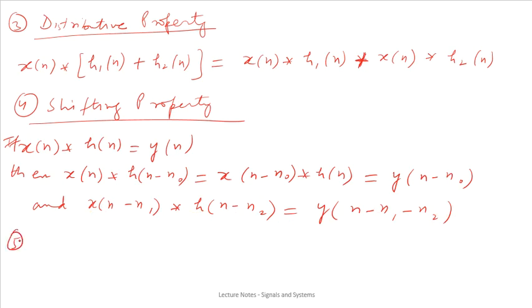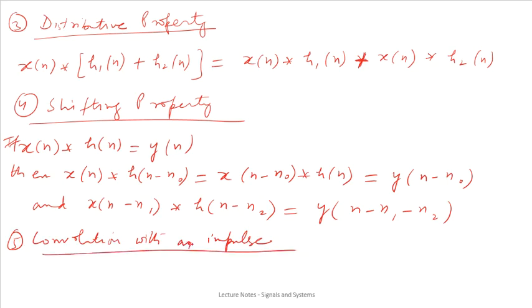And the next property is the convolution with an impulse. Okay, so the convolution of a signal xn with a unit impulse function results in the signal itself. So if xn convoluted with this delta n, it becomes xn,